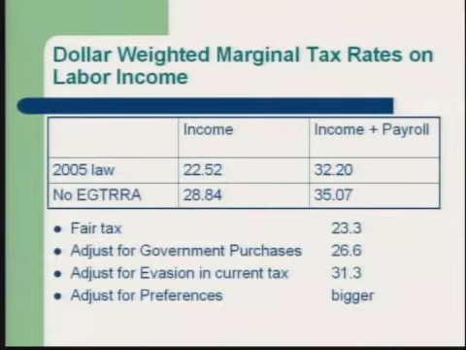Now, one of the problems with their presentation is that there's no sort of weighted marginal tax rate. Putting all these numbers together, it looks like they're higher, but you'd really have to put them together. I didn't do these numbers in the diagram on the weighted marginal tax rates on labor income. They actually come from a CBO study that's been recently done. These are the average marginal tax rates on labor income as calculated in their study under the 2005 tax law, and also under the situation where you repeal the temporary tax cuts enacted in 2001.